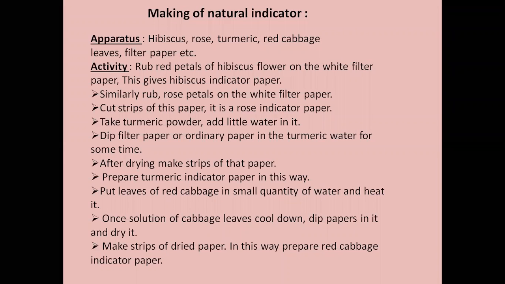That previous table only contains the change in colors. That table you will have to memorize. You will have to remember the color changes. In the exam, they are going to ask you what is the color change of blue litmus paper in acid and base. So you need to know the color changes. Similarly for phenolphthalein, methyl orange and methyl red. Only the color changes. Usually the own color of the indicator, that is the second column, is not asked. They usually ask what is the color change in acid and the color change in base. When I move ahead from this, I'll show you the slide in which they have asked the table. Is it all right, Deepika?